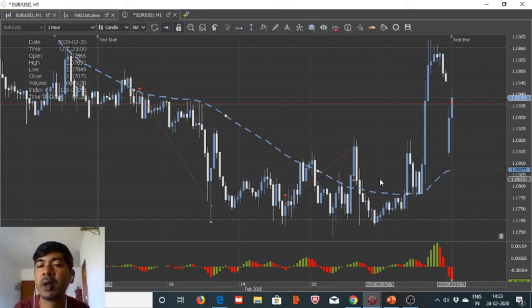Or you can even add in another SMA of say 200 hours, and then see the crossover. If the crossover is in the bullish direction, then you can say that the trend is bullish, and if the crossover is the 50 SMA crossing below the 200 SMA, that will mean the momentum is now slowly shifting to the bearish side. So both ways can be done, and then what we will need is we will also need